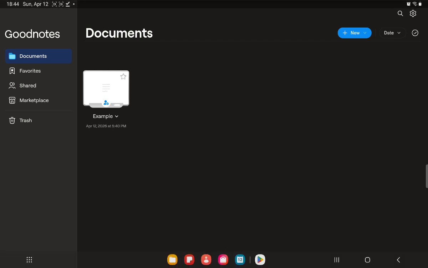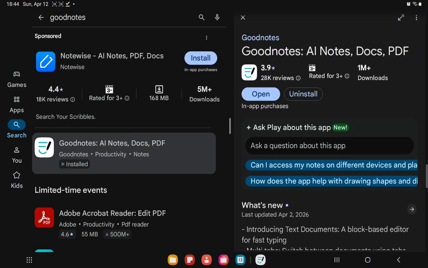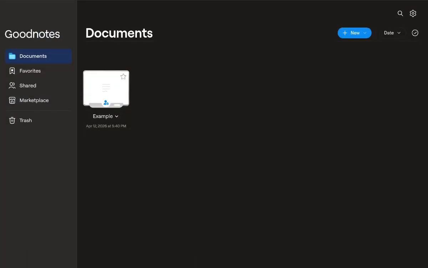steps. But before we start, here's a quick guide on how to download the Goodnotes application. We're just gonna go to the Play Store or App Store, depending on which device you're using, and search for the Goodnotes application. Once you find it, make sure to click on it and click on install. Once the installation is completed, you're gonna open the application by clicking on open. And once you open the application, you're gonna make sure